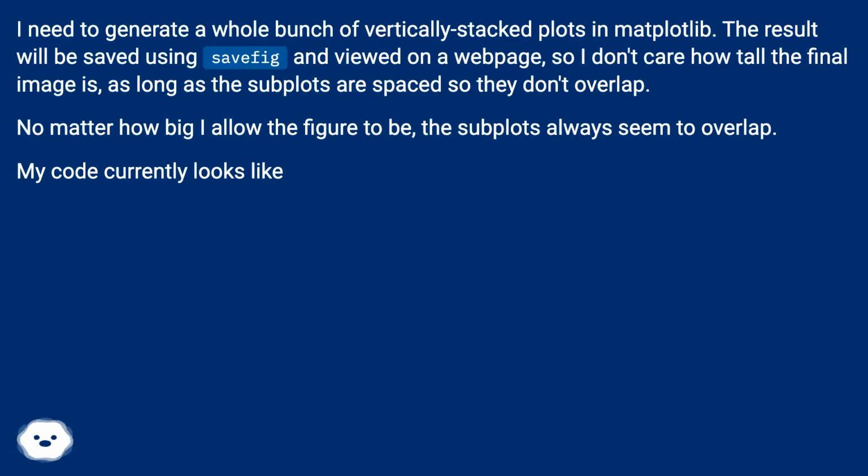I need to generate a whole bunch of vertically stacked plots in matplotlib. The result will be saved using savefig and viewed on a web page, so I don't care how tall the final image is, as long as the subplots are spaced so they don't overlap. No matter how big I allow the figure to be, the subplots always seem to overlap. My code currently looks like